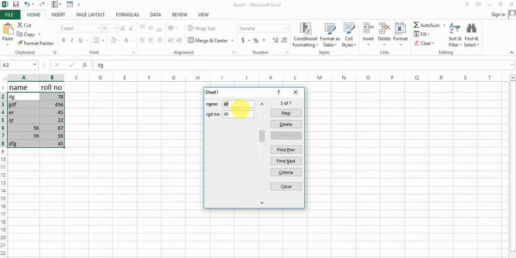After that, if there is an existing record that matches the given value, it will be displayed as the first record. You can see. For the first criteria, type the data you want to start with, and suppose the roll number is 456, and press the Enter key.